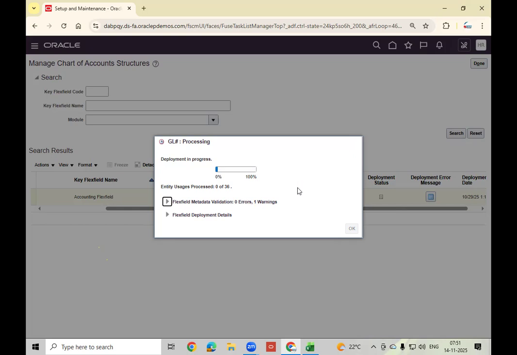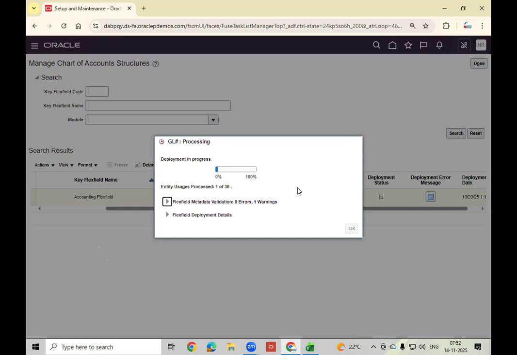But this problem is in the practice instance only. In real time you will not find this issue. Why? Because in real time only one person will be responsible, the GL consultant. He will take care. He will not create 10, 20, hundreds of structures. He will define one or two. That's it.